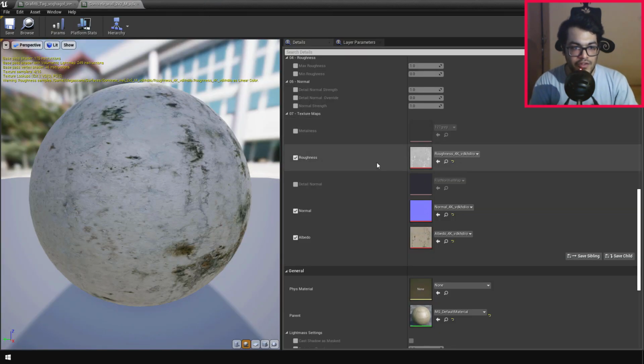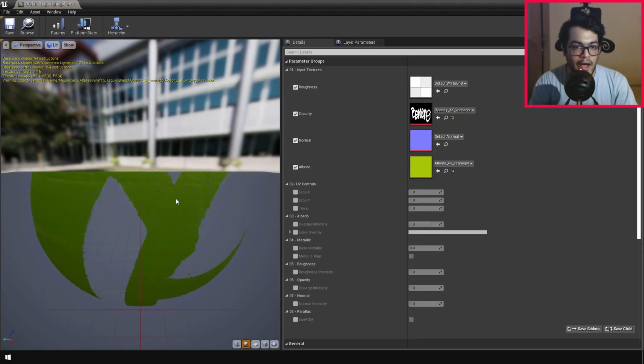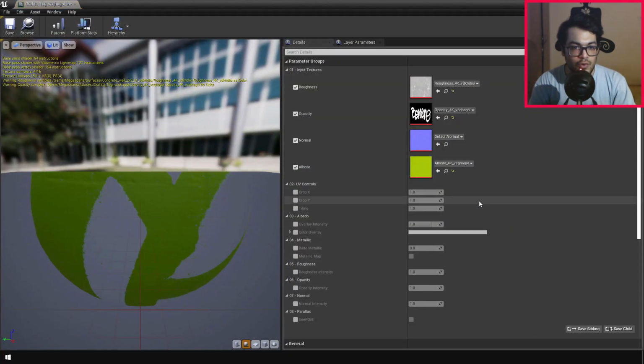To find these assets in your content browser, just click that magnifying glass button, and after that Unreal Engine will find this asset. So we have our roughness map selected. Go back in the material and press that arrow button, and that arrow button will swap that roughness map. This is a pretty cool feature of Unreal Engine. So select the normal map and just do that for the normal map as well.